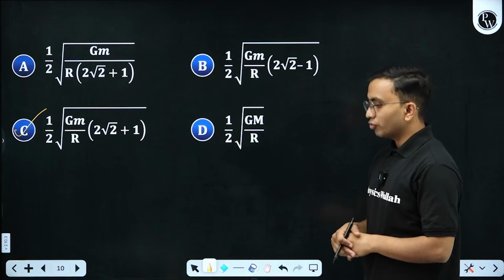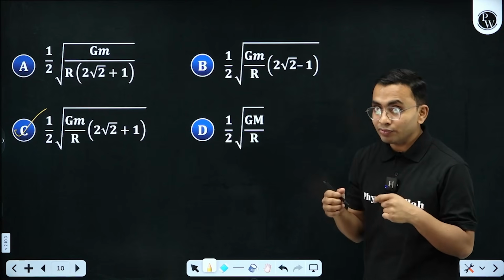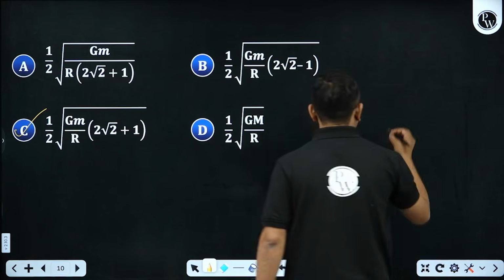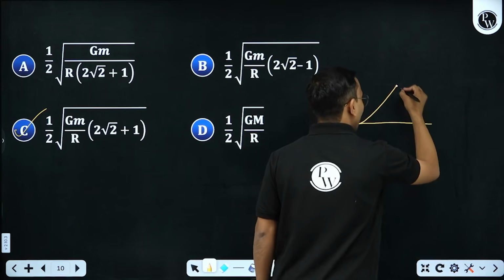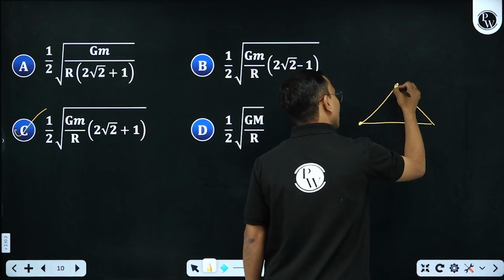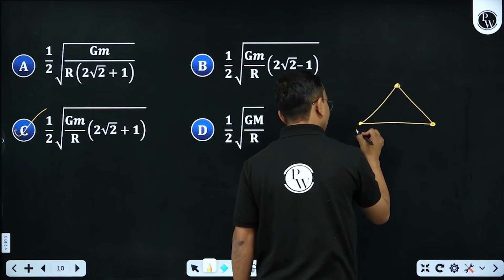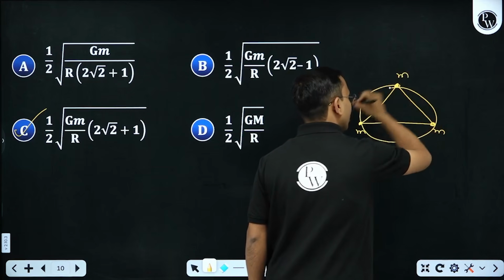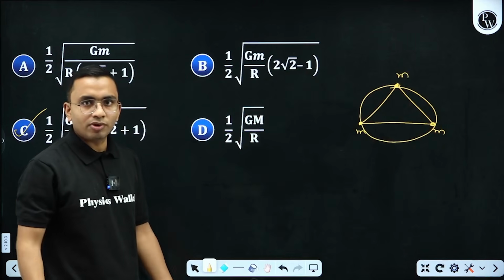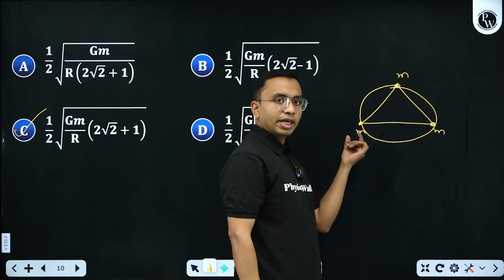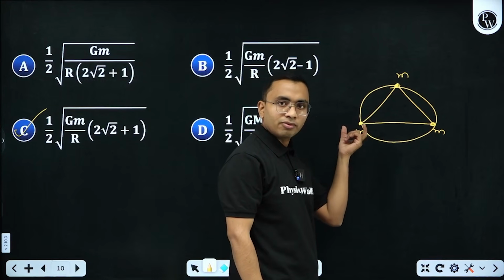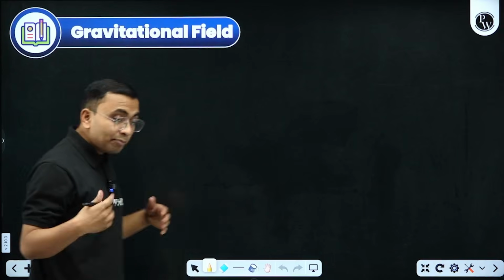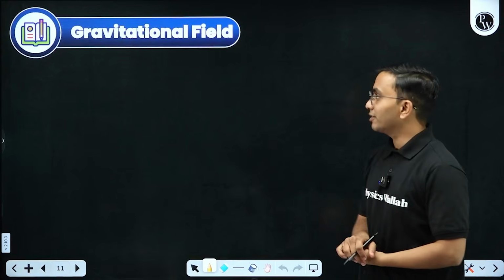Getting it? So these types of questions are asked. Like in 2026, one question may be asked, like a triangle is there, 3 masses on the corner of this equilateral triangle, identical masses, they are moving in a circle due to mutual gravitational force. Find the speed. There what you need to do, take one of the particles, find the total force, write that force as mv square by r, from there you will get v. Instead of speed, time period may be asked. Different varieties can be possible.